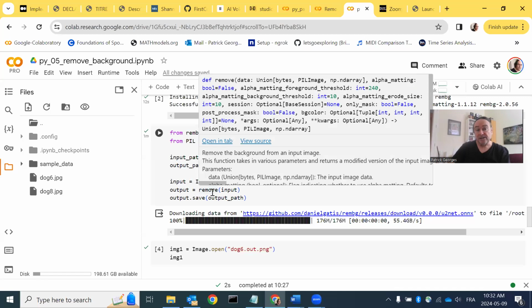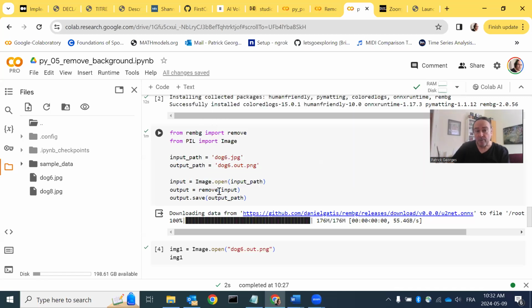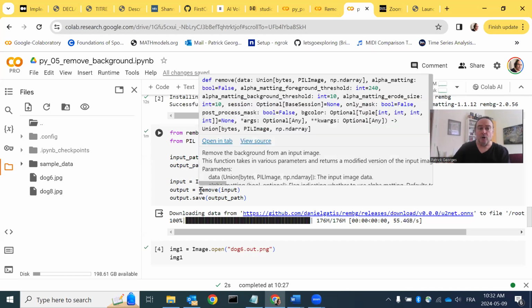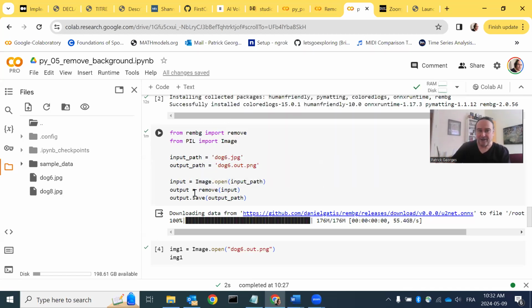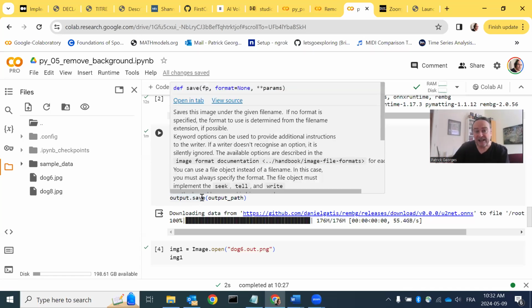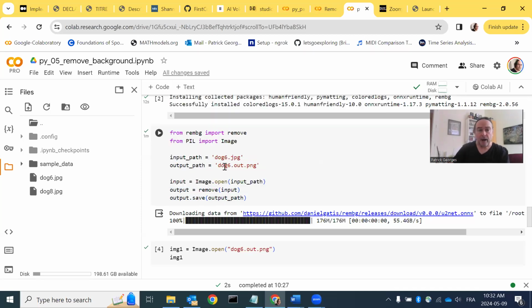So you basically say, I want you to remove the background of that input picture, which is actually doc6.jpg, and you assign the result of that, the removing of the background, to a new variable that you call output. This object output is basically the picture of the dog where the background has been removed, and you save it. So you apply your method .save, and where do you want to save it? In your output path, and your output path will be